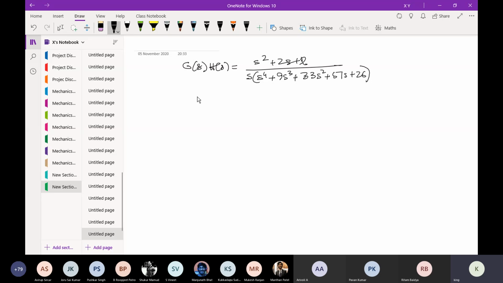So here what will be your Q? Here you will be getting 5 branches of the root locus,